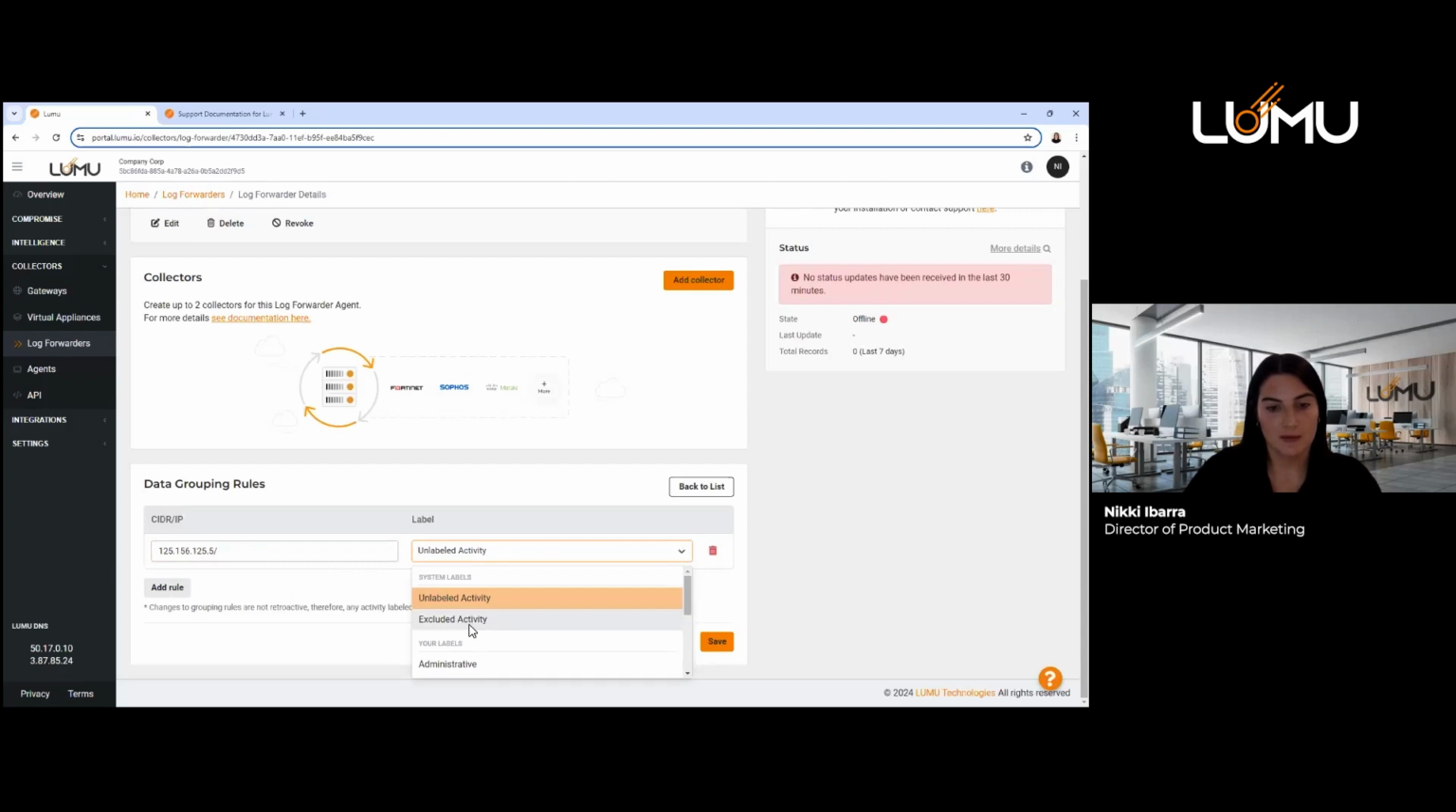actually identify this group of IPs as excluded activity. What does excluded activity mean? Well, basically, with all of the different collectors that we have, not just the log forwarders, but also the virtual appliances, the gateways, for all of that, you can create these data grouping rules that will exclude activity from these IP addresses. Now, this isn't something that you want to do for everything, but